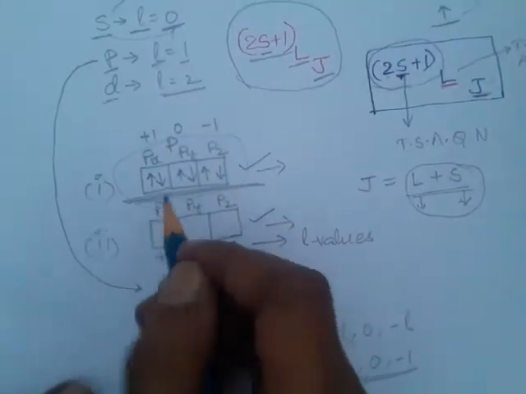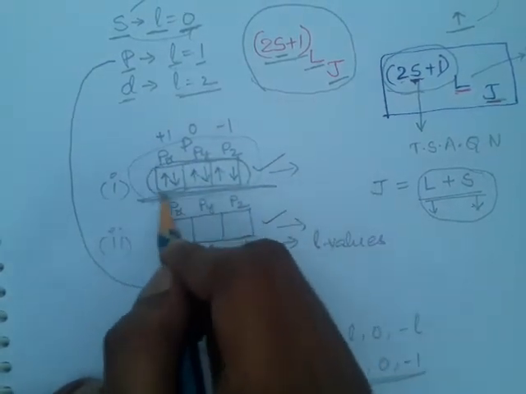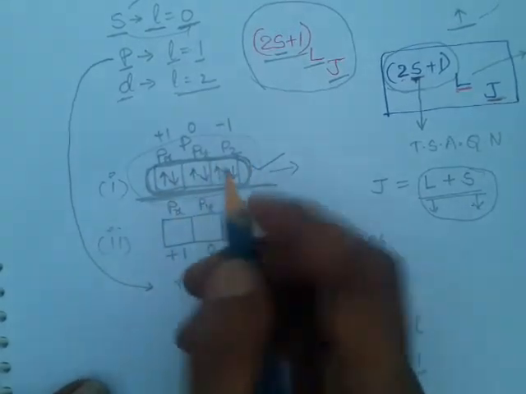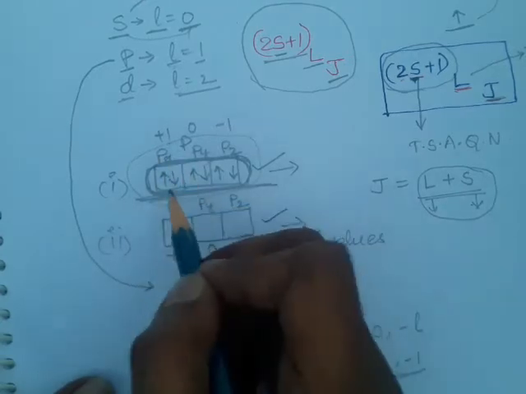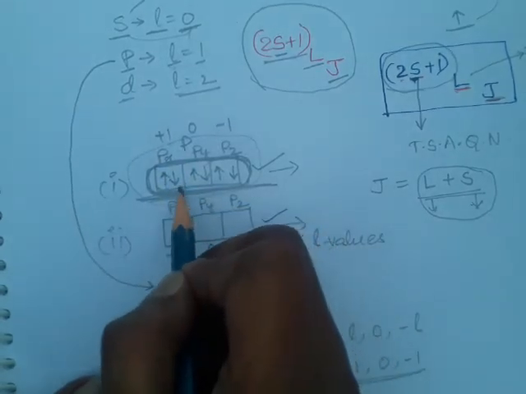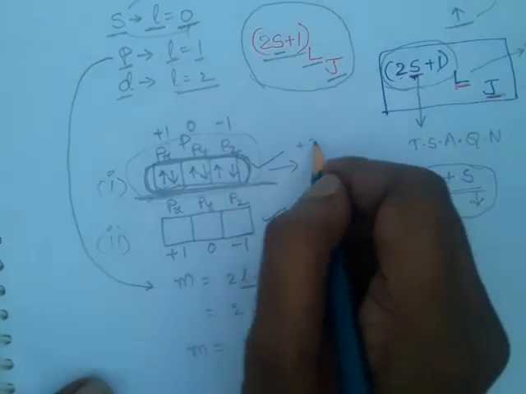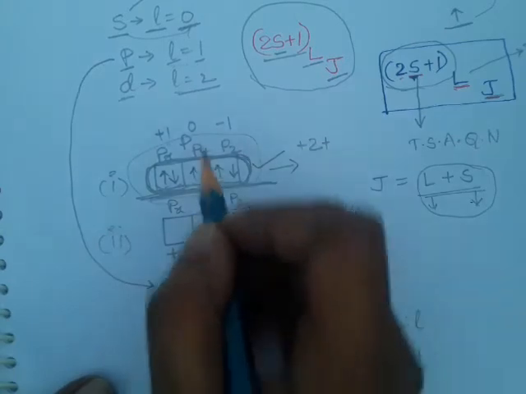For completely filled orbitals, what is the L value here? For each, plus 1. How many are there? 2 are there. 2 into plus 1, plus 2, plus